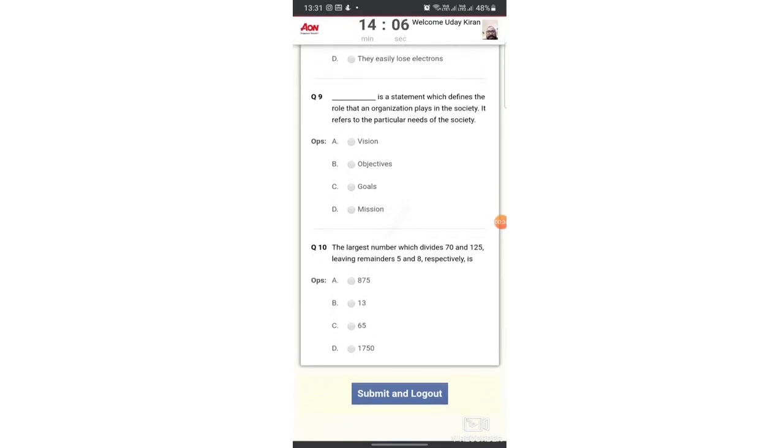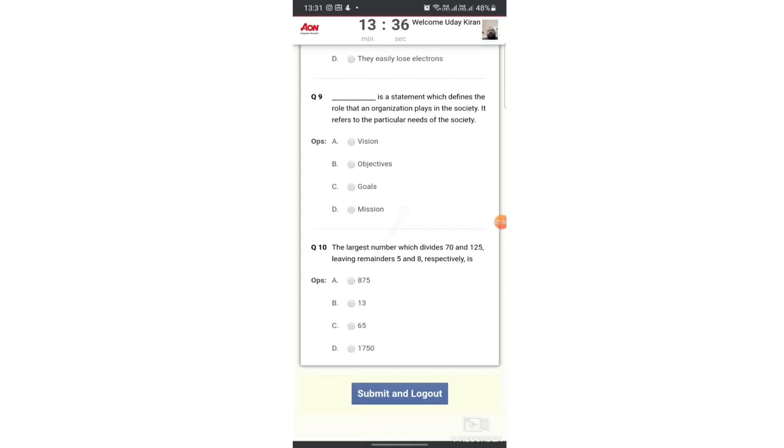If you do not get internet by the time you end the examination, or by the time your timer runs down to 0, in that case our system will automatically try to submit the answers. If your internet is back, well and good. If your internet is not back, then our system will display instructions on how to submit the test. So follow those instructions carefully and submit the test.